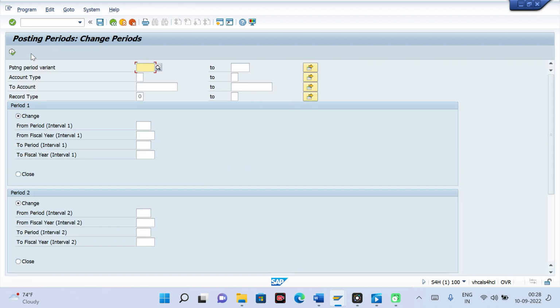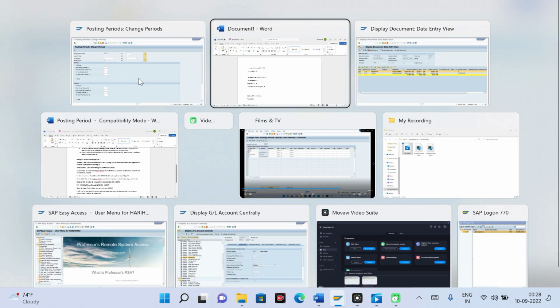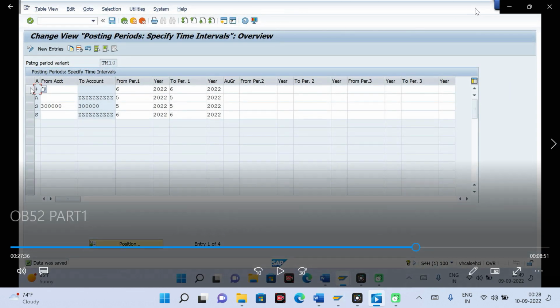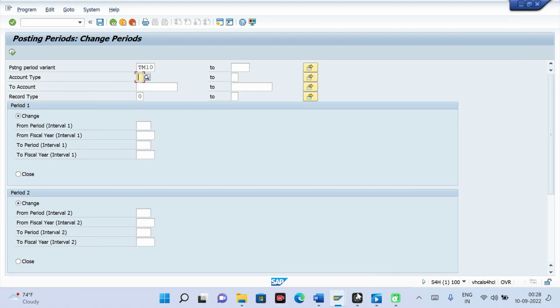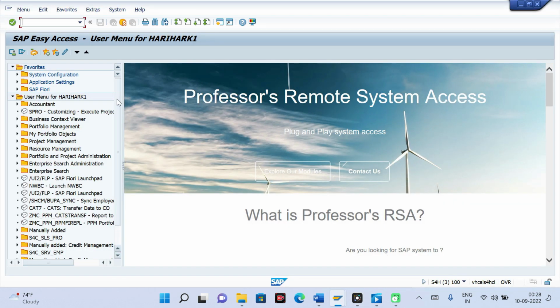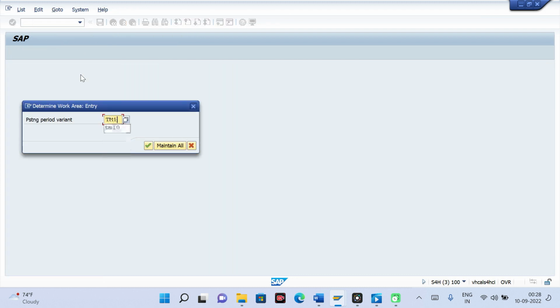Come here and give your variant; multiple variants you can open at a time. Give your account type if you want to open any account specific posting period. Also, you can do any account specific. So where it is here, OB52, TM10.